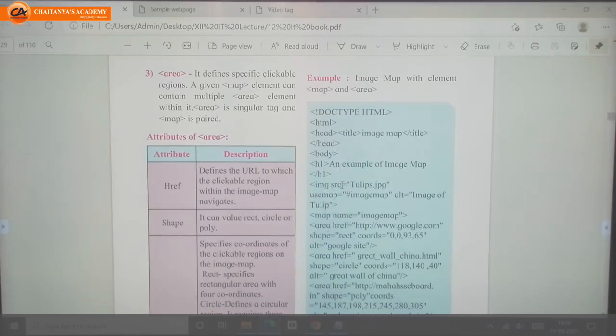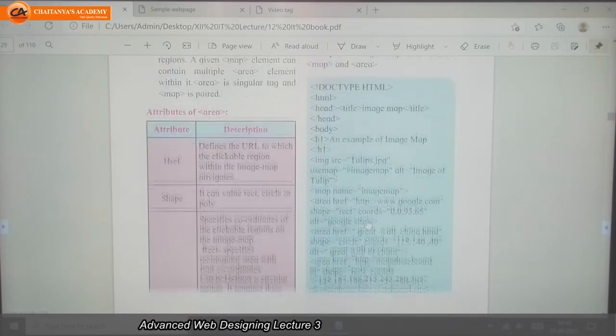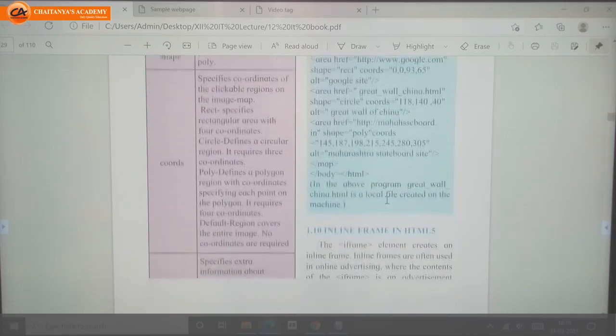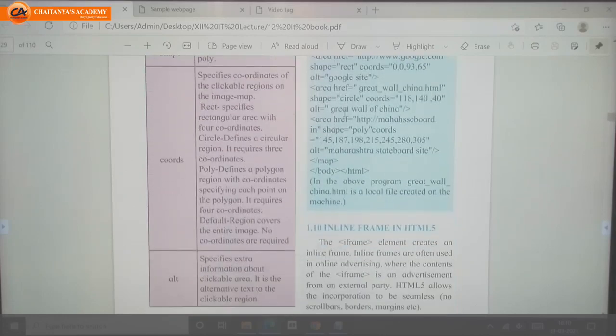For the image, the attributes are source, usemap and alternate text. For the map tag, the attribute is name, and for the area tag, the attributes are href, shape, coordinates and alt. Alternate text means if we are not able to go to some specific web page, then it will display this alternate text.